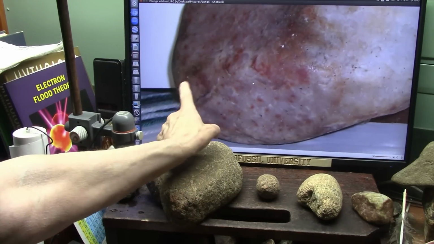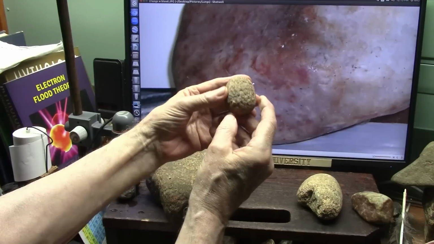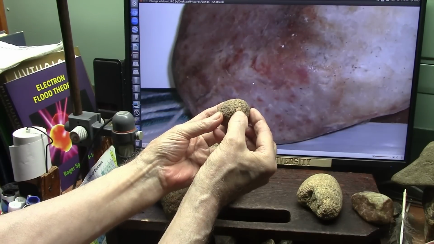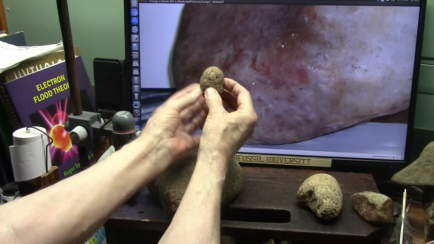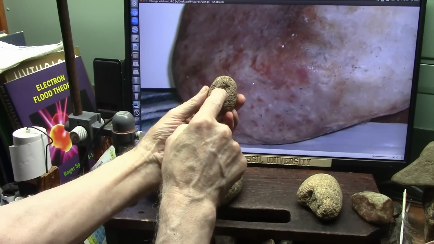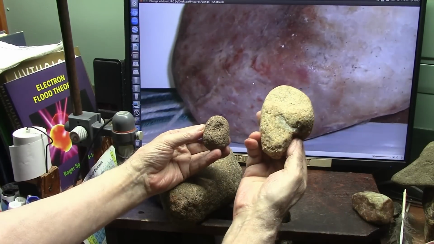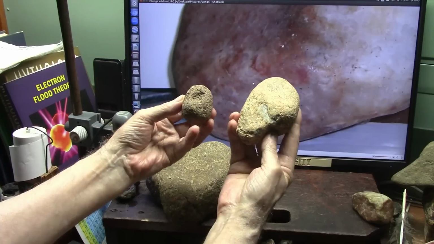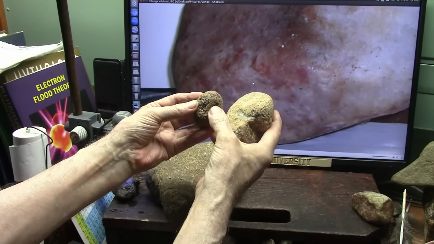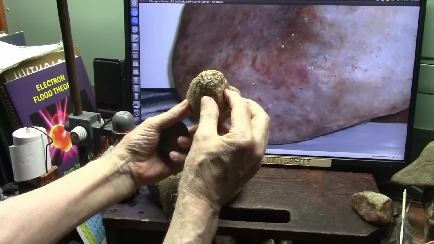This is that little flap. It's the same little flap as this, as that, as even this. That little flap right there is that flap. I'm not kidding you. That's where the plumbing went in. This one here, look at this one. This one's the same thing. But this one here, it got devoid and filled in with silicates. This one just got devoid. Now, this one has the same thing. That is that flap. It's all